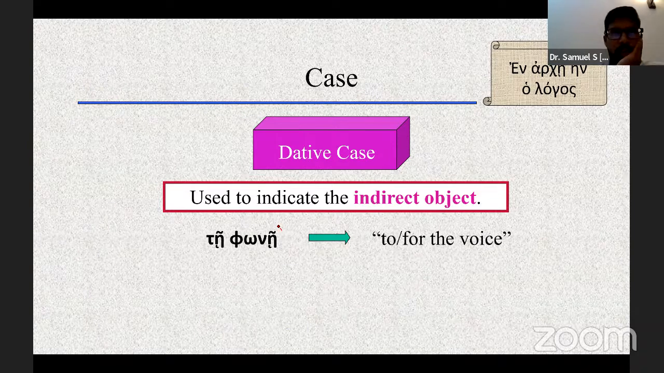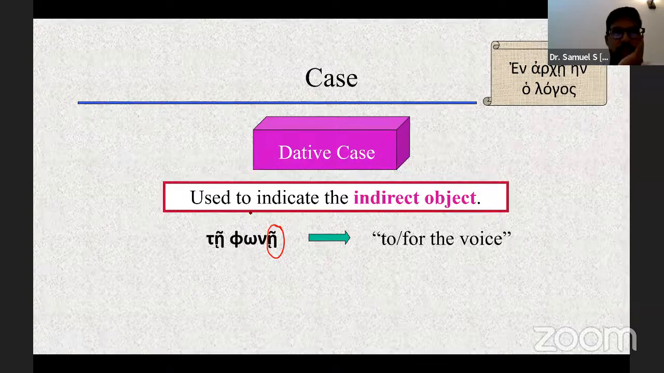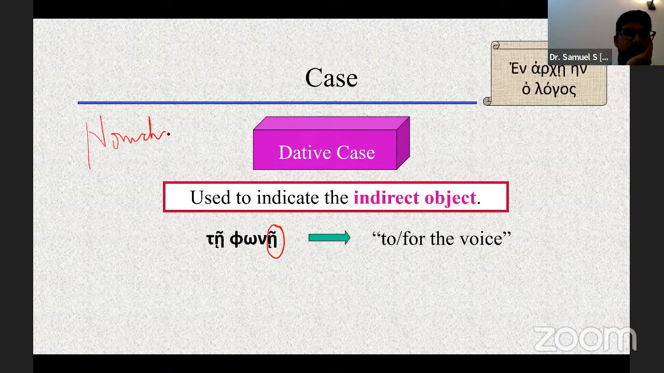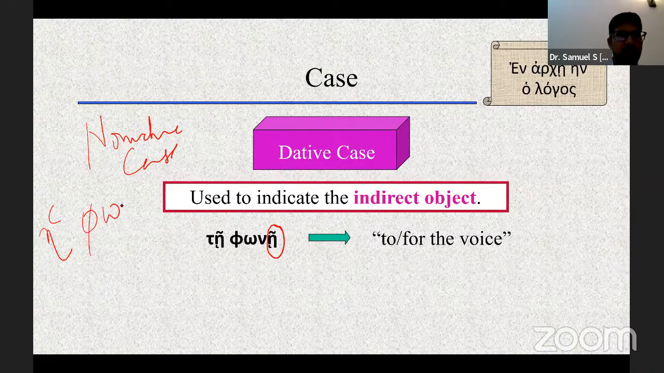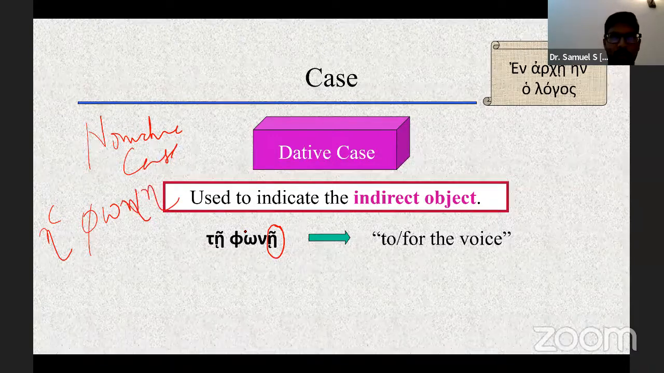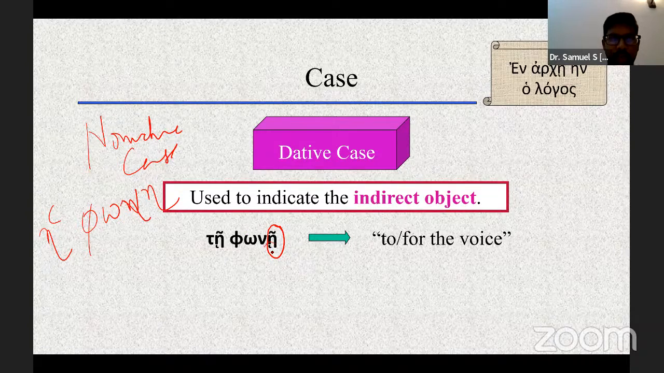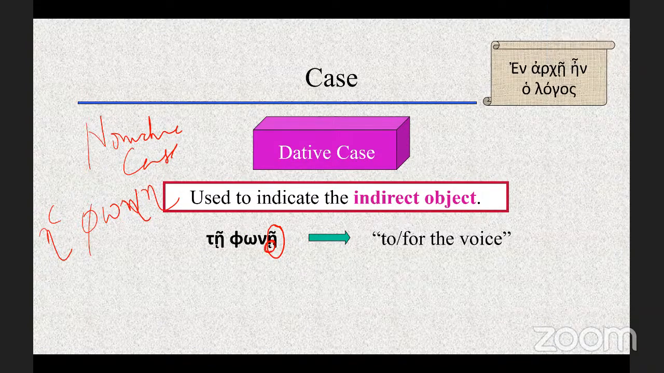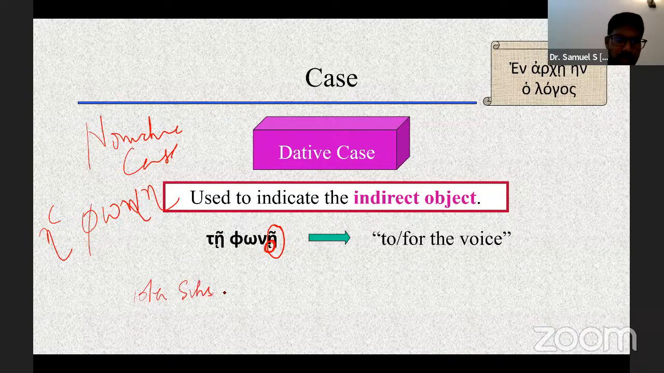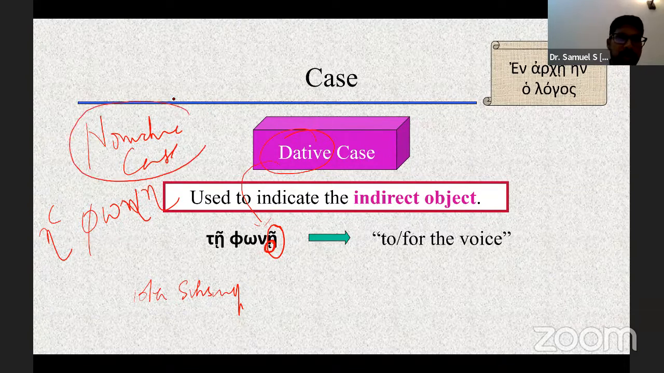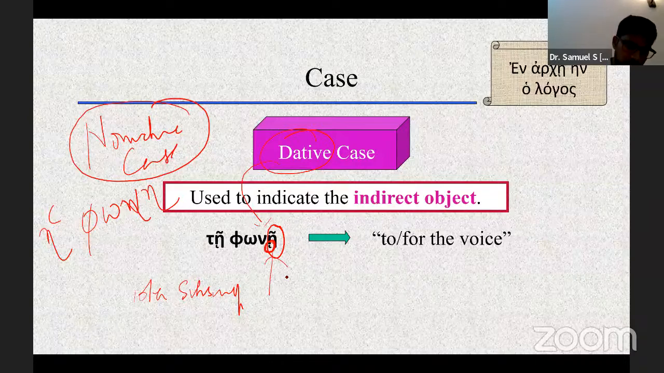Do you notice how this looks very similar to the nominative case? The nominative case was the same thing: he phone. The only difference between the nominative case and the dative case is here. What is this called? Iota subscript. The dative case has the iota subscript. So the dative case in this example looks very much like the nominative case, except it has an iota subscript,